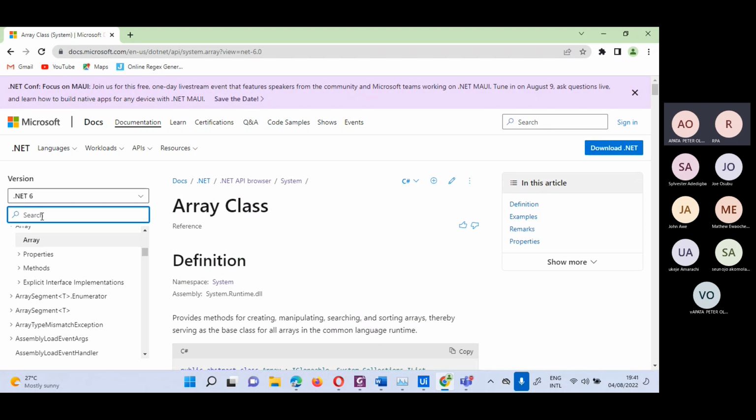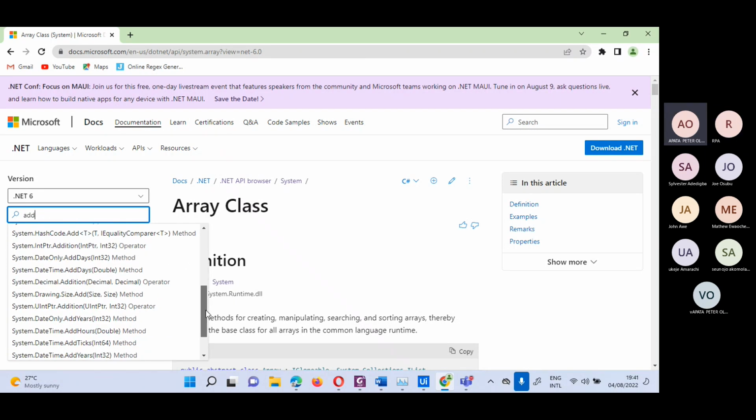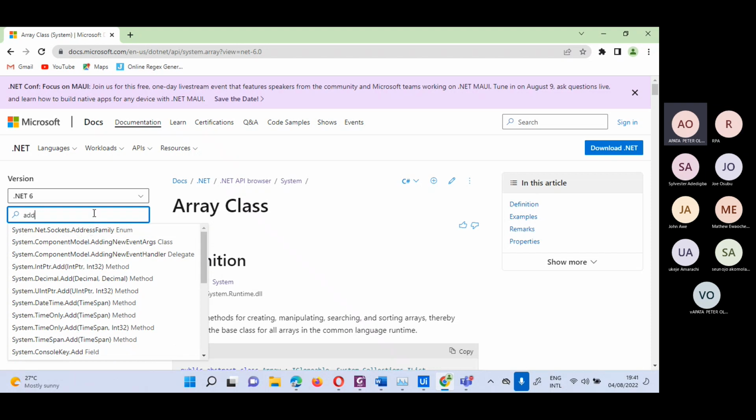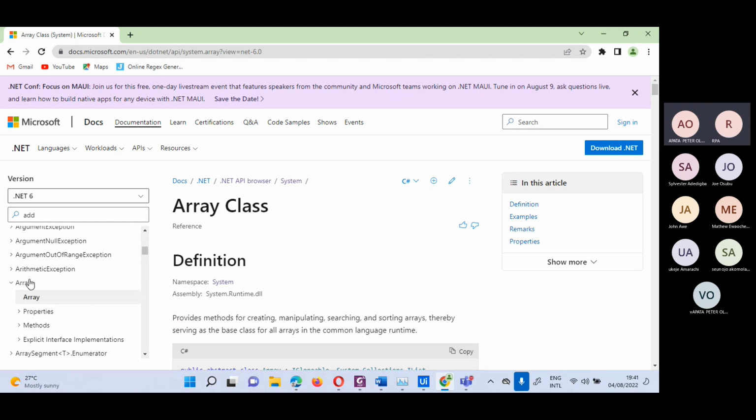Let me look for another method name. Okay, it's still under this. All right, back to array. We have methods